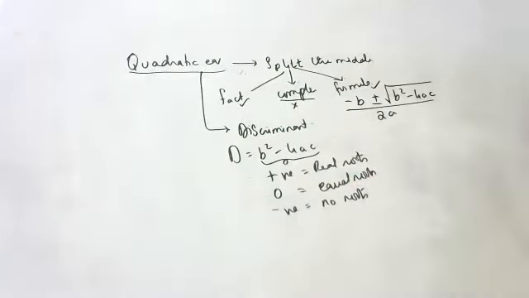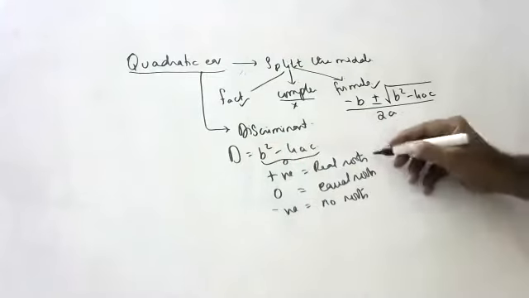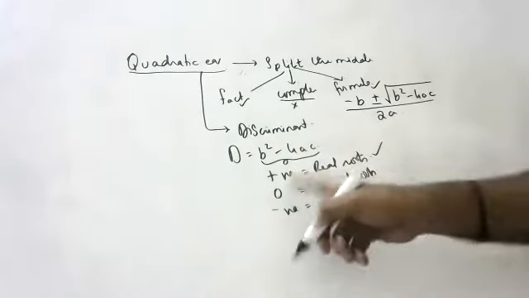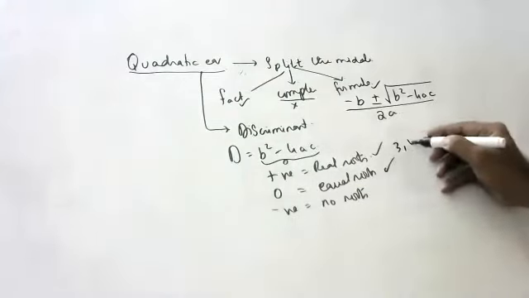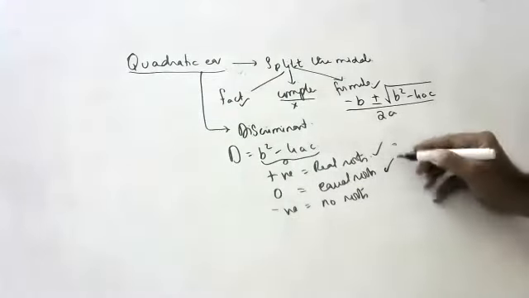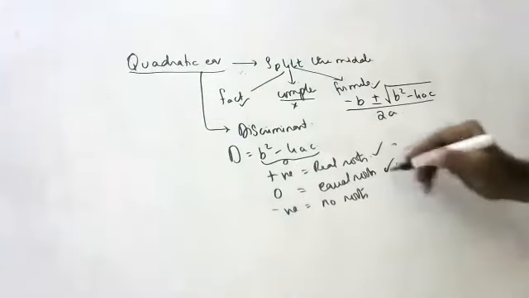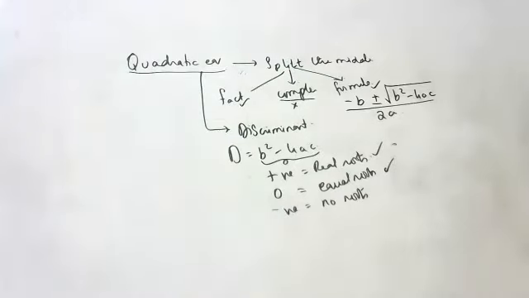When you are finding discriminant, if you get positive value, real roots are present. If you get 0, equal roots are present. Negative means no roots. Real roots means 3 and 4 or 4 and 5, something. Equal roots means 3 and 3, 4 and 4, 2 by 3, 2 by 3, like that. No roots means it is a waste of doing that sum, you can't factor.